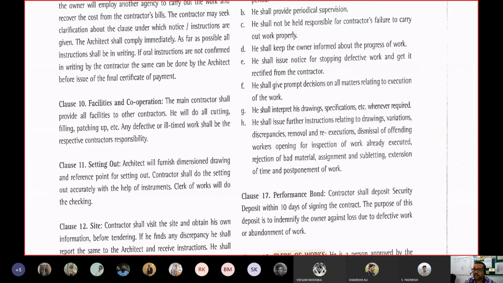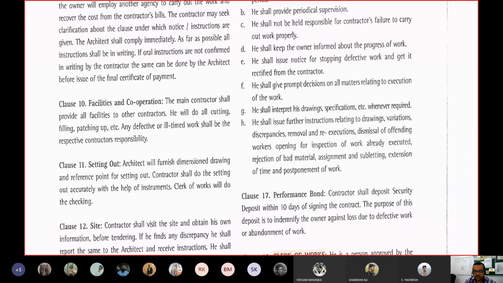So as I have said, in many cases you do not ask for earnest money, particularly in limited tender where you know that you are asking for the tender from only interested bidders whom you know. So there is no requirement of earnest money because you have first asked them whether they are eager or not, and then only you have sent them the tender invitation notice. So now there is no earnest money.